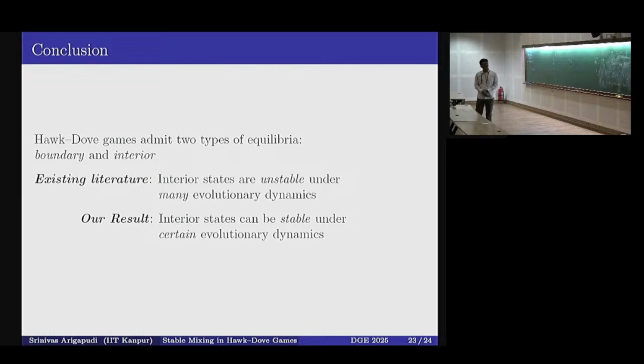So when you go to certain, here you have done payoff sampling. Based on sampling, yes. But there could have been action sampling. Yes. So in that case also probably. In that case, we have an interesting result in a different paper. What we show is that when we are considering action sampling, if everyone has the same sample size, again only the boundary points are going to be stable. But if you have heterogeneity in sample sizes, meaning that some of the agents use small sample sizes and some of the agents use large sample sizes, something in the interior can be stable.